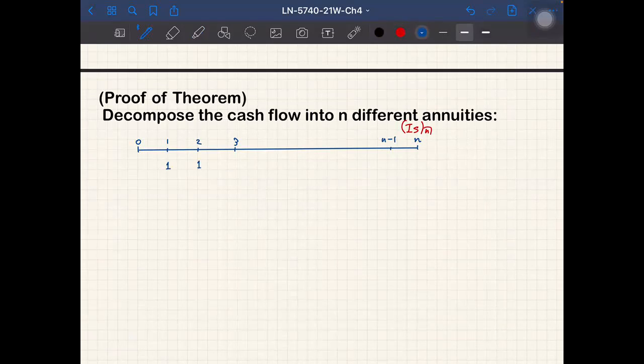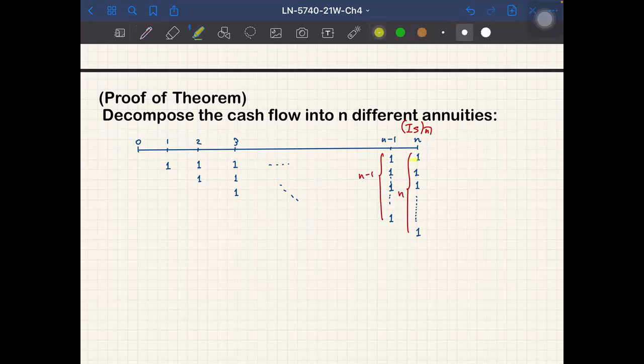$1 is here, and the $2 as 1 plus 1, and $3 as 1 plus 1 plus 1, and so on. Then finally we have n minus 1, and maybe I would write the 3 ones. Then finally 1. Okay. So maybe I would say that we have n payments here, and we have n minus 1 payments here. Okay. So now that we think about this horizontally,